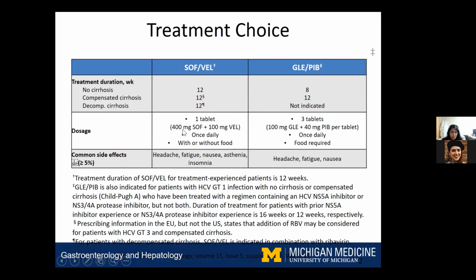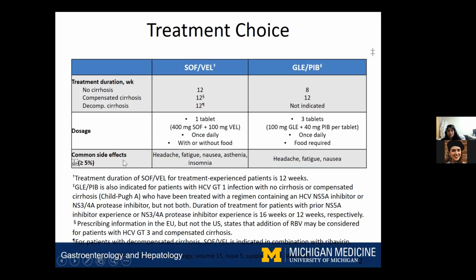combination of 400 milligrams of sofosbuvir, 100 milligrams of velpatasvir once daily with or without food. And with Mavyret, it's 3 tablets taken all at once, 100 milligrams of glecaprevir, 40 milligrams of pibrentasvir per tablet once daily with food. Side effects are fairly uncommon, but the most common ones that can happen in up to